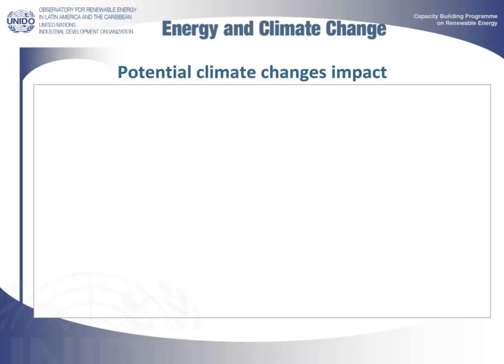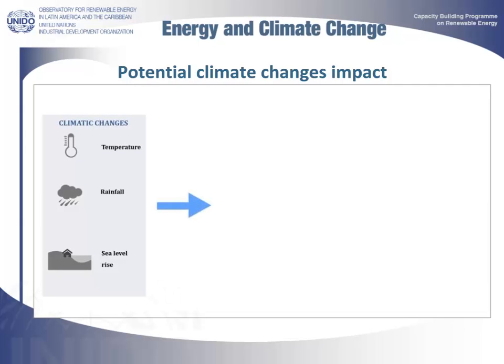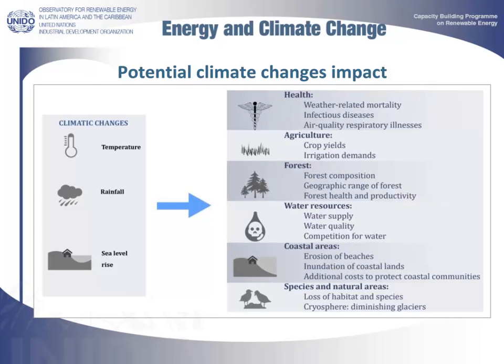Climate change results in a series of conditions that affect the temperature, rainfall, and sea level, which in turn have effects on health, as referred to diseases directly related to climate change. Also on agriculture, due to its dependence on resources, water and soil, forests, i.e. changes in their composition, effects on water as a resource, referring to difference in geographical distribution, coastal areas with flooding, and different ecosystems, referring to loss of habitat and alterations to it.